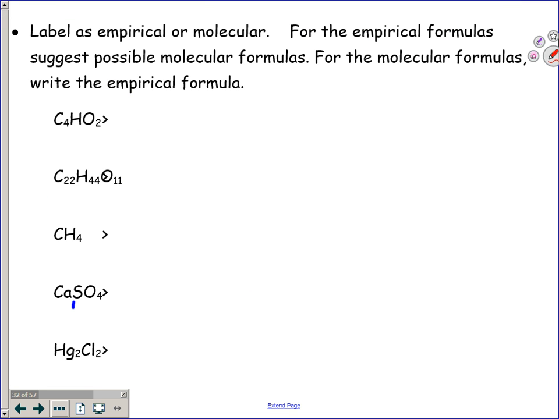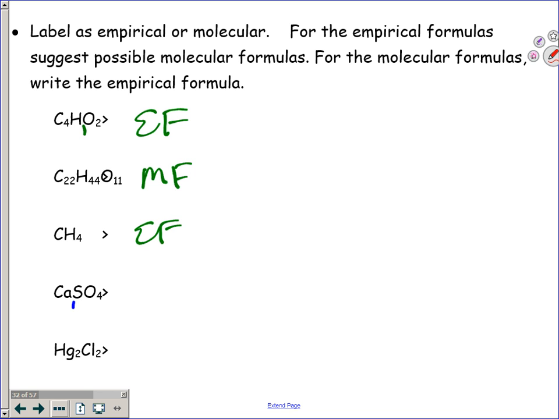Okay, so look up here, number 1, empirical or molecular? So I guess the thought is, can you reduce it? Yes. How can you reduce the 1 further? So can you reduce it? No. So is it in the simplest ratio? Yes. So then it's the empirical formula. Okay? Is this in its simplest ratio? So it's the molecular formula. Is this in its simplest ratio? So it's the